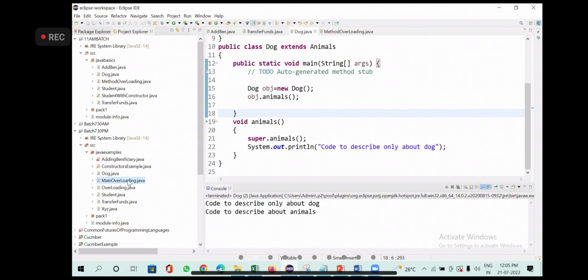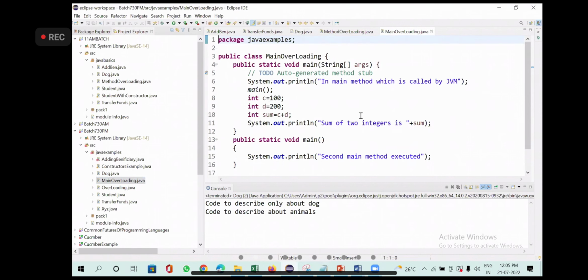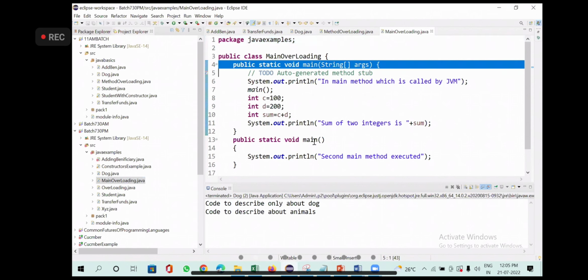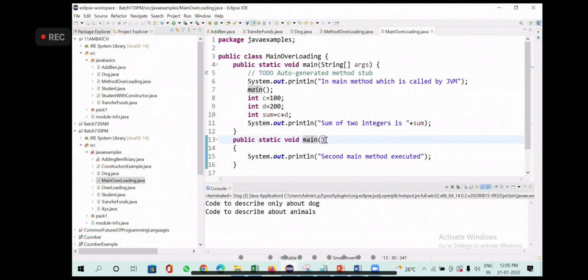Main overloading. One example: write a program to have two mains in one class. I have one main and this is another main. I am putting two mains. This is called main overloading. Can I overload the main method? Answer is yes.